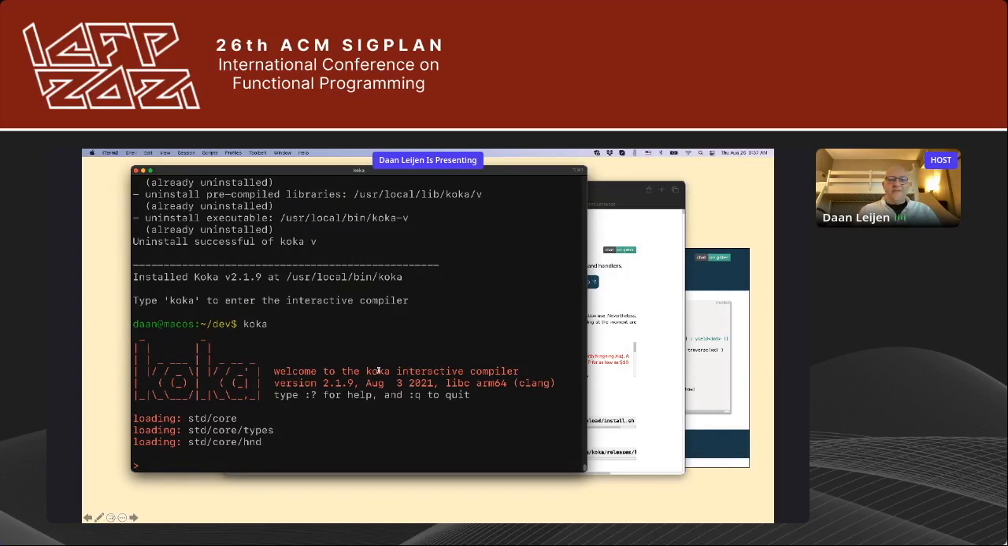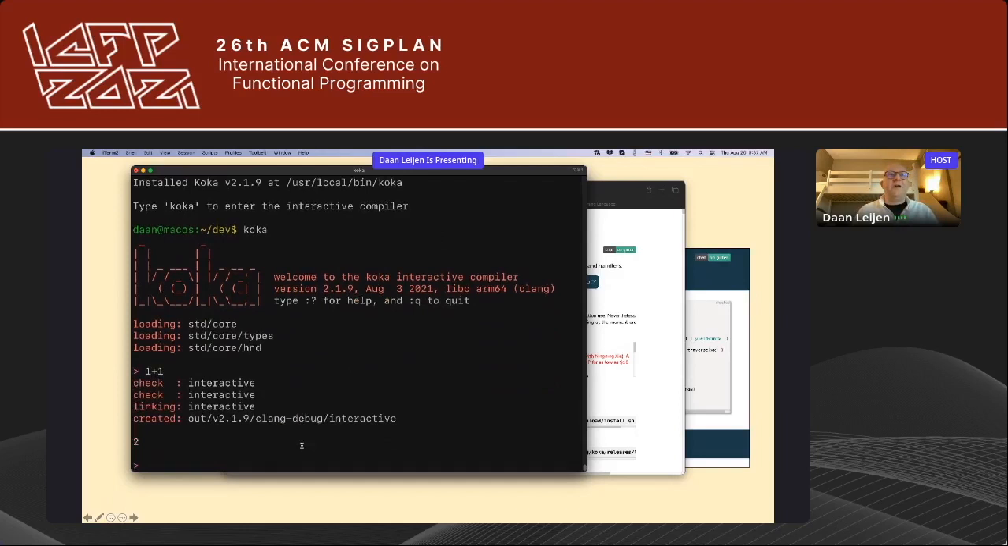Okay, great. Good to hear. So yeah, you can see Koka is running here. I took out my M1 this time, so we're on ARM64, and then you can type expressions in the prompt and run them, or you can, for example, ask what the type is of print. Let me see, of the identity function,